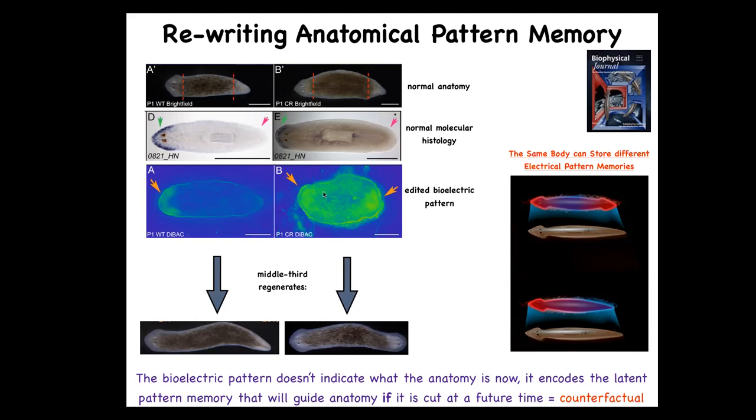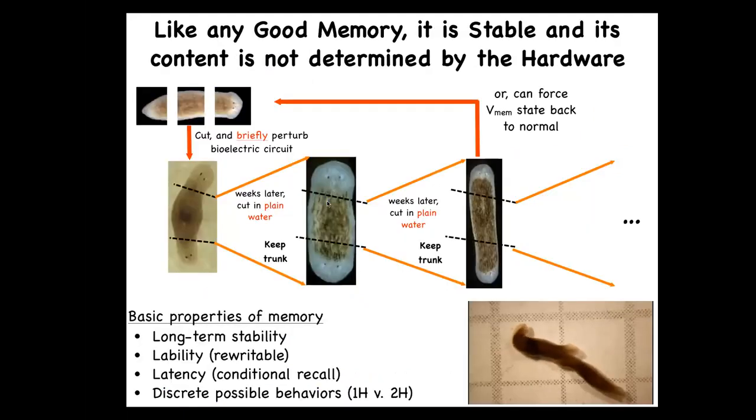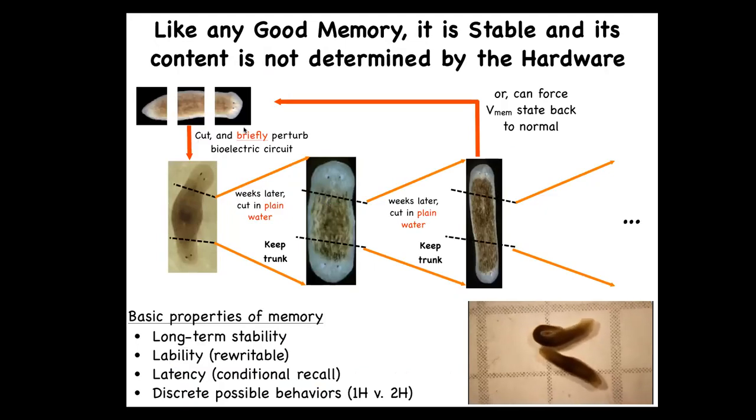This is what I think a proper Planarian looks like, and it doesn't matter now because I'm not injured. But if I get injured, this is what I'm going to do. This is what these cells consult. Now, I keep calling it a memory because note that what we have not done is change the DNA. We haven't touched the genome. They're completely wild type cells.